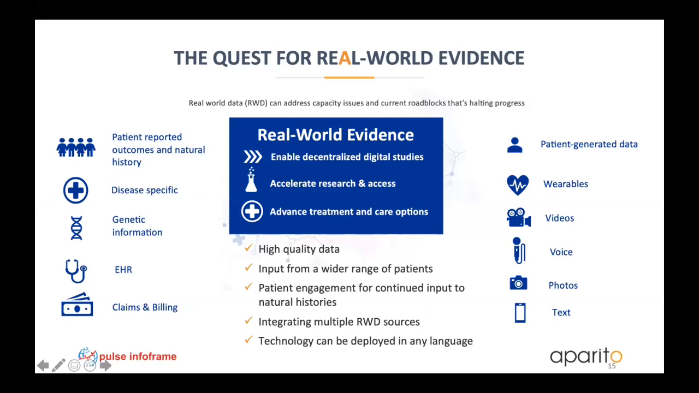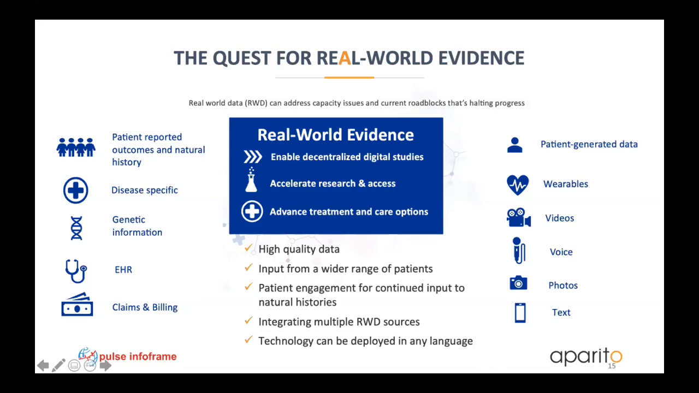And so by being able to have a global platform, which is really what Pulse has been focused on from the very beginning, a platform that can engage and bring in people from all over the world and integrate the data with some of the Aparito generated data, you have a very fulsome picture. And that's why it's a quest, because together we're going to focus on high quality data, input from a wide range of patients, people from different countries. As Dan mentioned, there are people who may not speak English, or it may not be their first language. So being able to adapt, being able to bring in data from different countries, and then continuing to engage people,